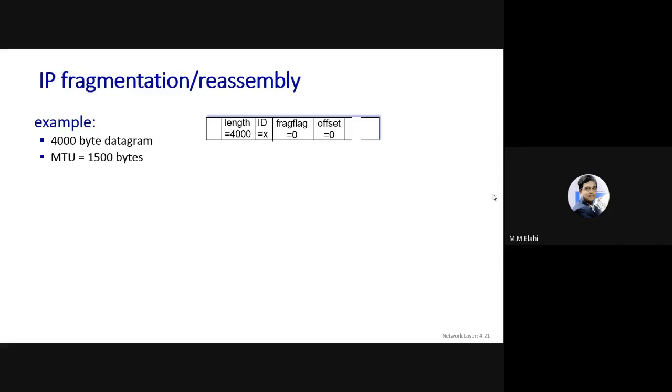The offset will also be 0, because if a packet is fragmented, the first fragment will have offset 0. If the packet is not fragmented, then the offset will definitely be 0, because no data has been sent already. So flag 0 means last fragment, offset 0 means what? First fragment, right? So if the last fragment is the first fragment, then